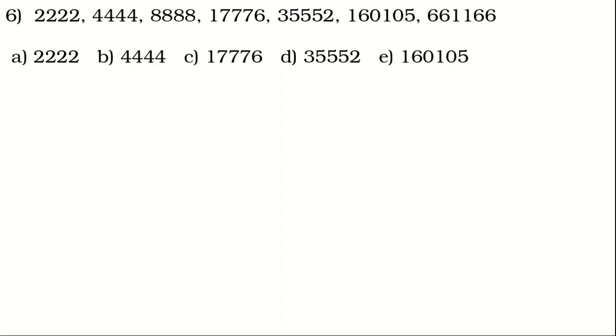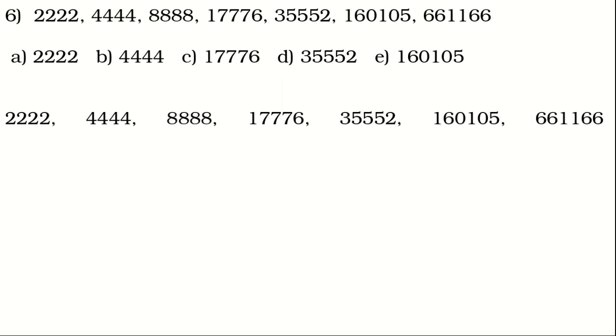Now let us look at the sixth question. What a wonderful question this is. Observe the given numbers carefully. Many of the students will feel as if the given question is wrong. And I want you all to understand one thing, that in your exam, we always have to consider that the given question is correct. You will find two options. If you didn't get the answer, I want you to skip that question. And we should not judge the given question whether it's correct or wrong. That's a different case scenario. Now let us look at this question.